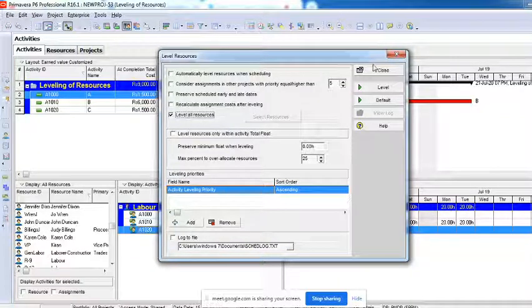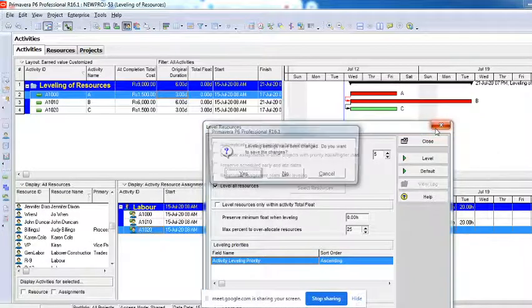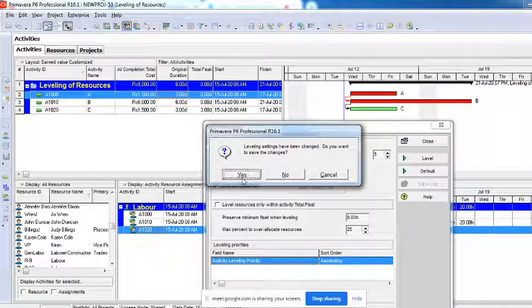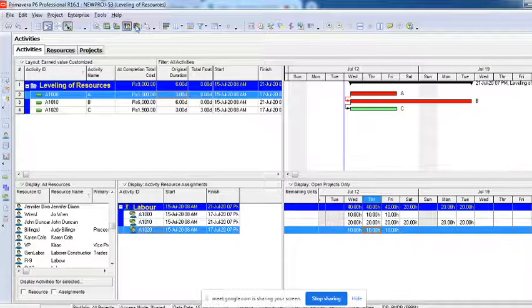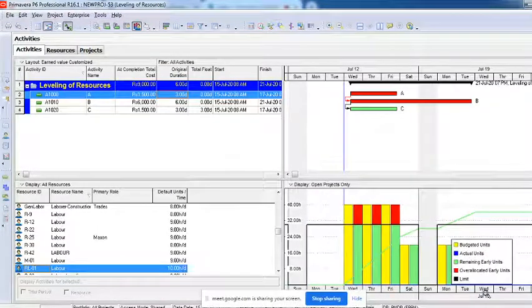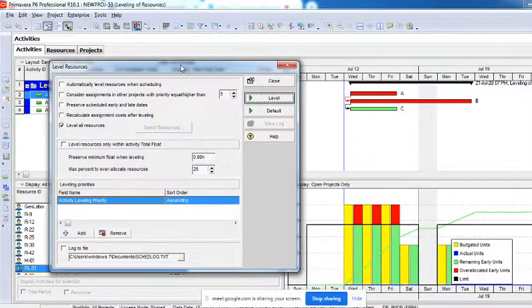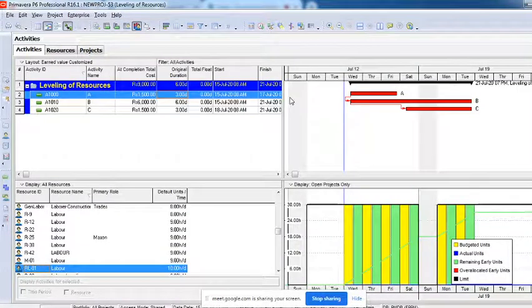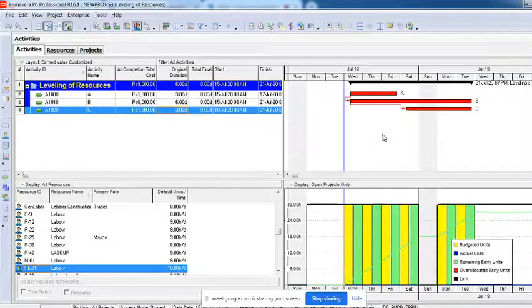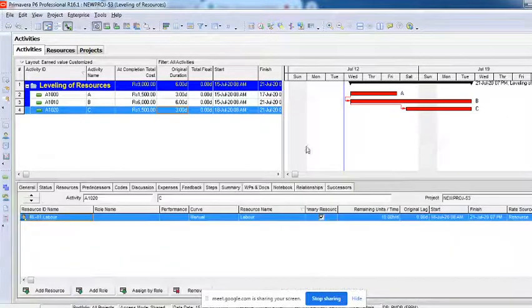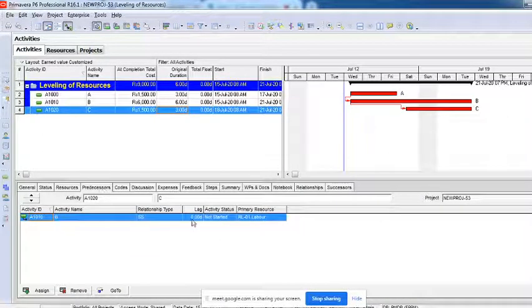I'll show you how. You can see here, now this is the condition of the project. You can see there is an over allocation here, and now I'll go to the tools. I'll click on level resources, not making any changes to it. I'll just say level. You can see on this graph what happened. It is still start to start, and you will not find a lag at all. If you want to see it here in the predecessor, it says 0 days lag.